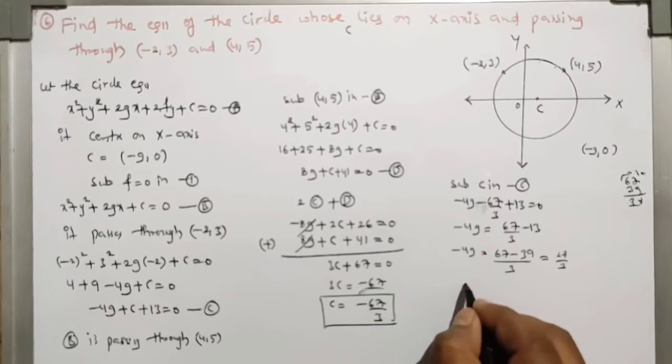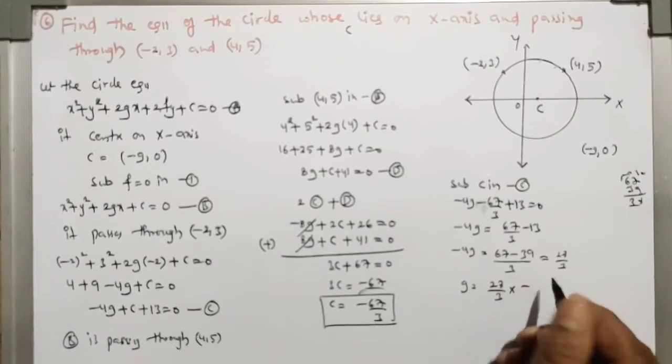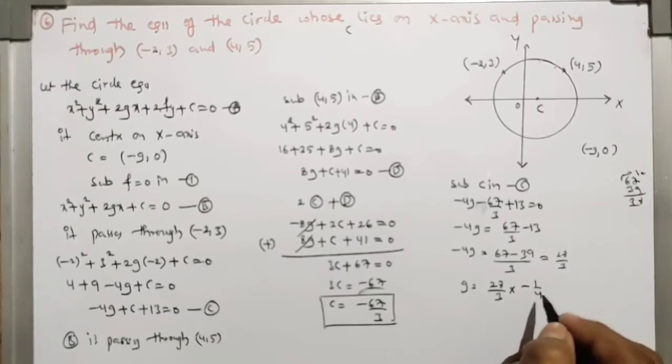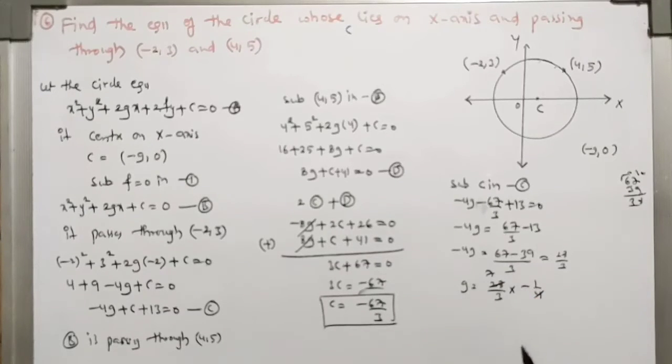Therefore g is equal to 28 by 3 into minus 1 by 4. Four 7s are 28, so g is equal to minus 7 by 3, and we know that the f value is equal to